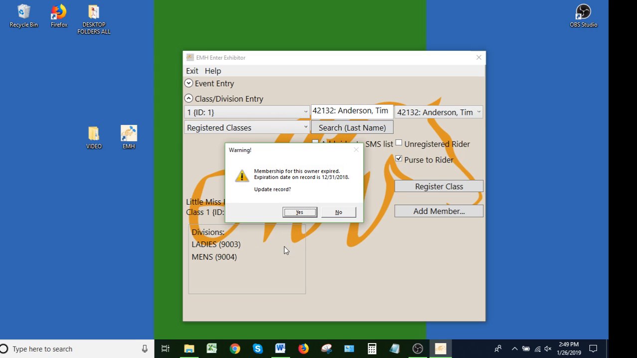Now if you look at the screen, it's showing me that this membership is expired. Pay attention to these pop-ups that come here, because if their membership isn't current, it will let you know. Okay, so here it is telling me Tim's membership's expired, and it's asking me if I want to update the records. If you go ahead and issue a membership at the show, then you can hit yes and then change